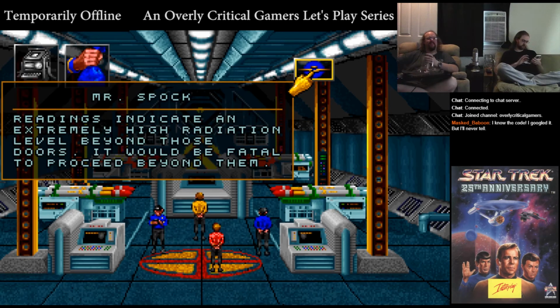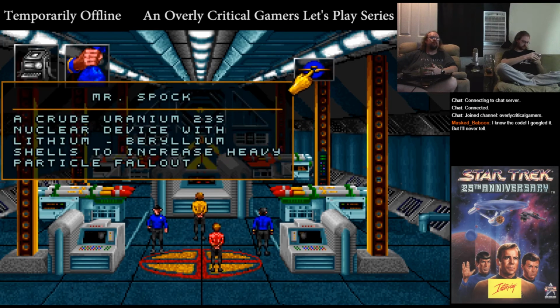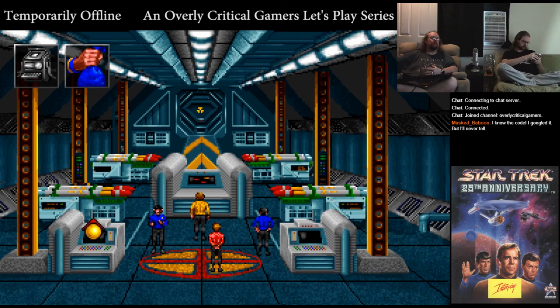Readings indicate an extremely high radiation level beyond those doors. It would be fatal to proceed beyond them. A crude uranium-230...